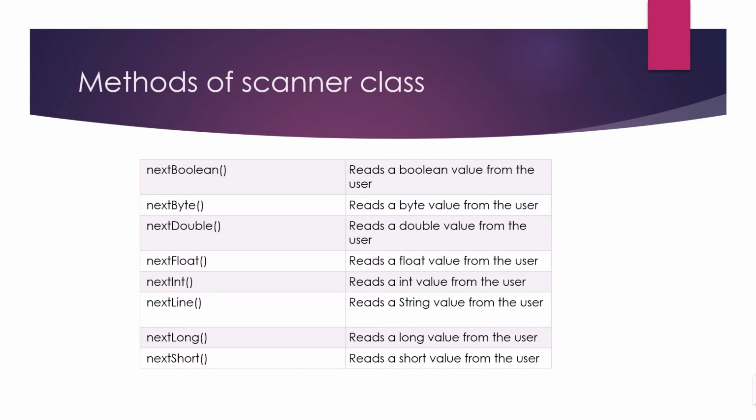Next, short is also a short integer. It is longer than byte. Byte is the shortest integer, but short is also a short integer. It ranges from -32,768 to 32,767, which is a very short integer. It only takes 2 bytes, meaning 16 bits. So now I can move to Java BlueJ.